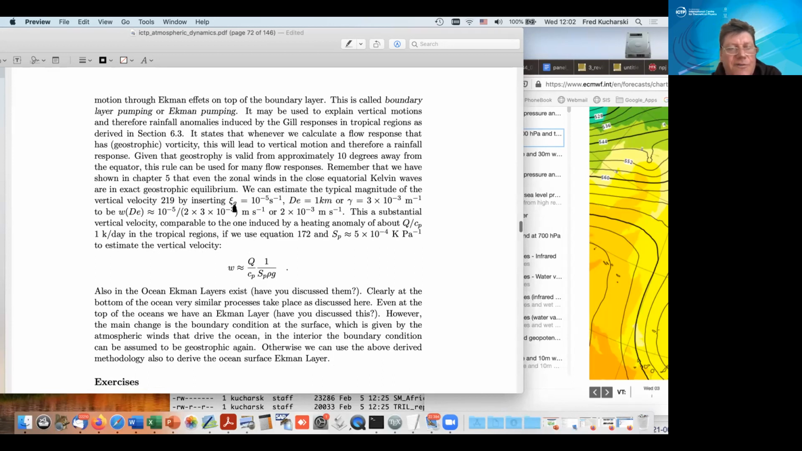So it turns out if we insert typical quantities for geostrophic vorticity, which we have used also to do our scale analysis, typical values, we get to a quantity of the vertical velocity induced for typical vorticity of Ekman pumping would be 2 times 10 to the minus 3 meter per second. Now it turns out that this vertical velocity is actually comparable to a heating using this equation of 1 Kelvin